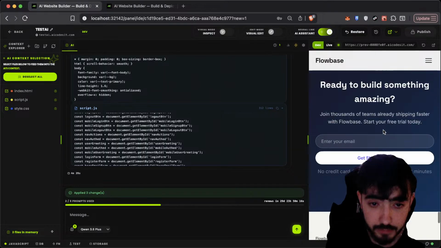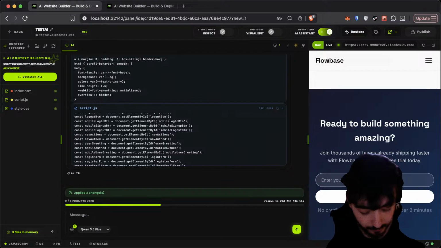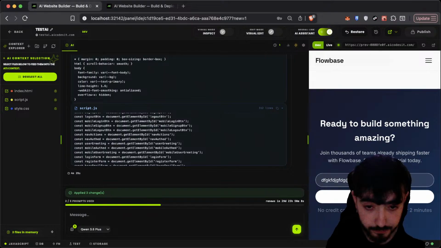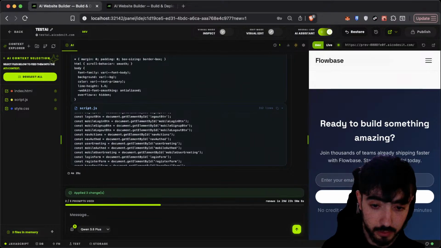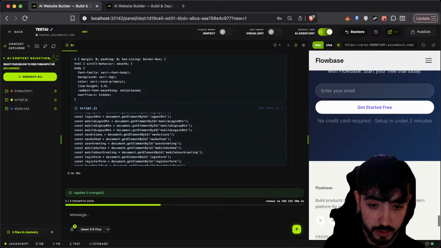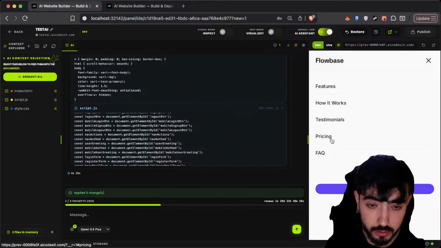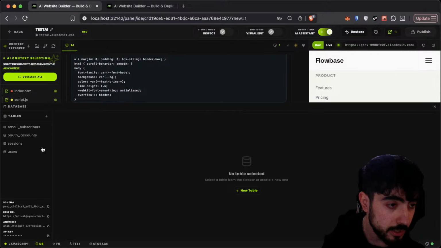So if I check now on the email, if I send an email, I should get it, right? Check. You are in. Check in your inbox for next steps. What inbox? I don't have any inbox. I should have logged in, but okay, let me just check on the database.